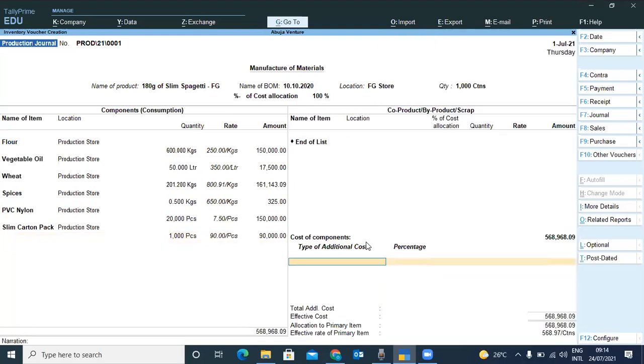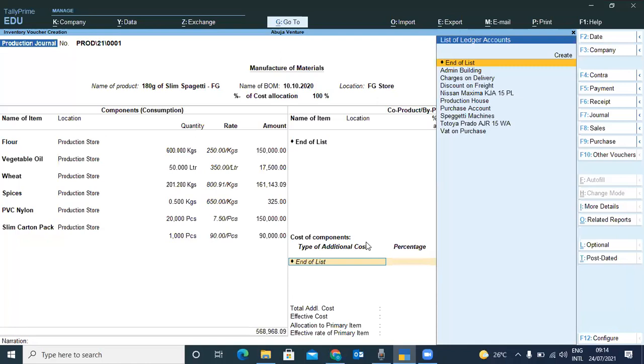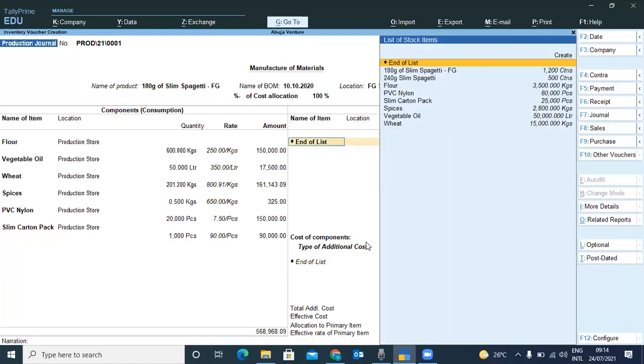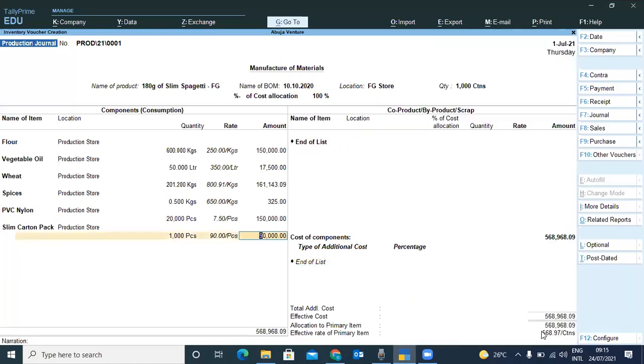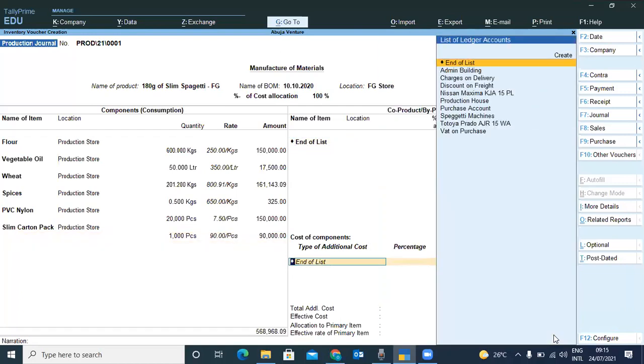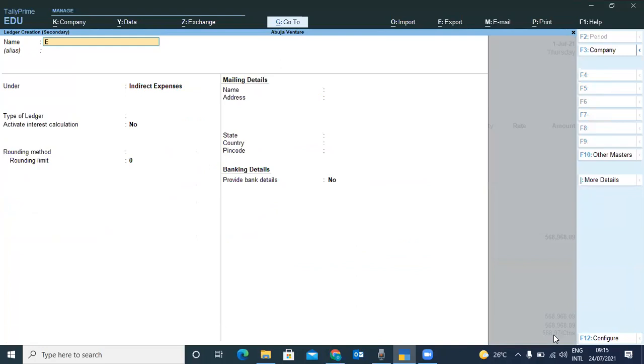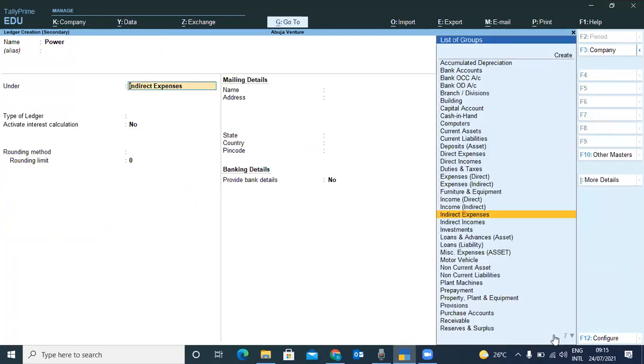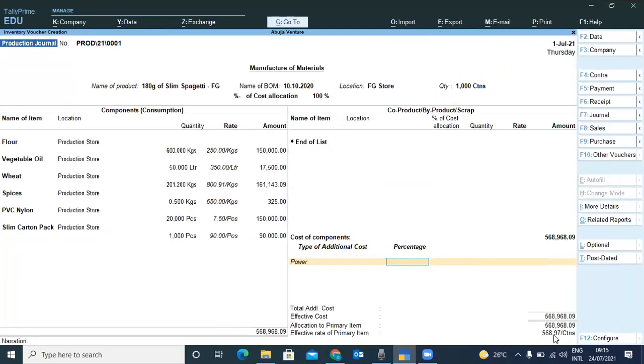So let's say it's a company where they had their electricity as part of cost of production. I want you to note 568. The moment we come to cost of components, let's create electricity. Let me just call it power. Let's put everything here for now. Let's say power. For this production, power is